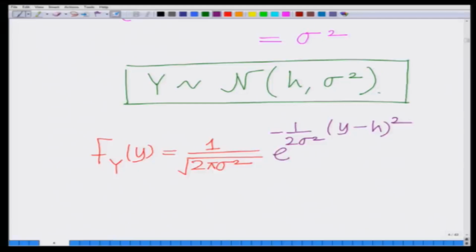That is the probability density function of a Gaussian. Remember, this is the probability density of a Gaussian